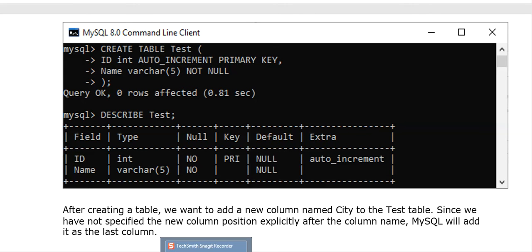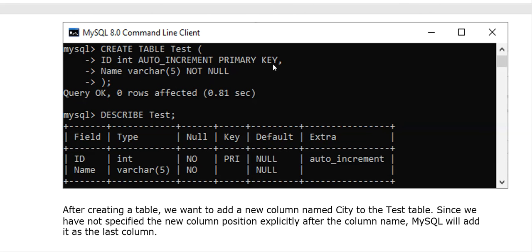In this example we are creating a table called test. What is the command written here? Create table test, then open the bracket. ID is the name of the column. Int is the data type that we just discussed. Then we are using a function called auto increment, which automatically increases the value based on the previous value. Then the primary key, which is the constraint we are applying on that ID. This ID will be treated as a unique value and duplicate values are not allowed here. For that purpose we use the constraint named primary key.